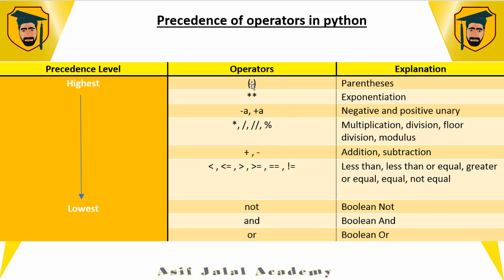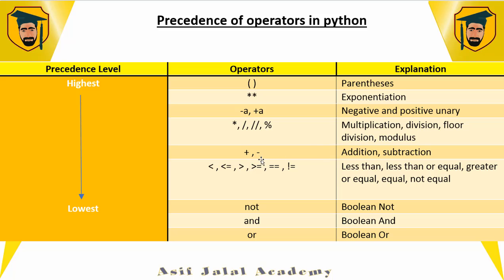As you can see, parentheses have the highest order. So whenever the Python interpreter finds parentheses, it first evaluates them and then goes outside. The second is the exponential operator. The exponential operator has a higher precedence level than the unary operator and the multiplication and division operators. Multiplication, division, floor division and modulus have the same precedence level, and plus and minus also have the same